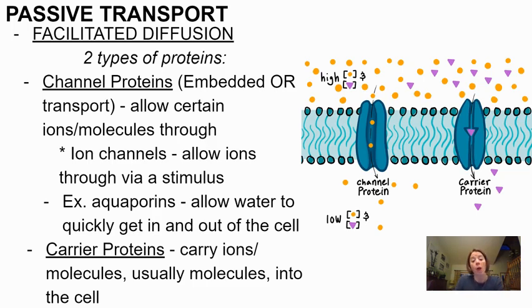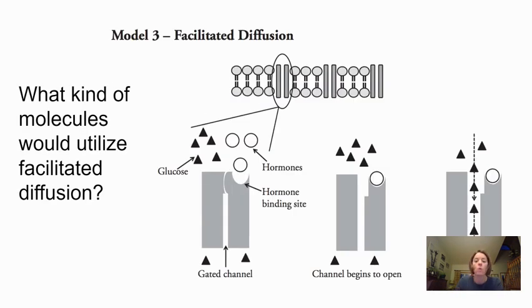Typically, channel proteins are for ions. Really, ions don't need a lot. It's just that ions, because they carry that charge, they get tangled in the fatty acid tails. So having a little space for them is the one that we'll get into, that'll allow them to get through. On both of these, typically just your carrier protein though, that is what Model 3 was trying to show you. Sometimes to get the channel to open, and typically to get the carrier protein Model 1 to open, we need to bind some sort of a hormone up here to get the door to open